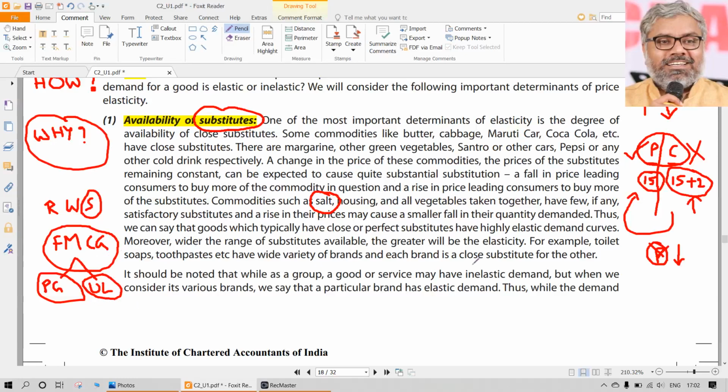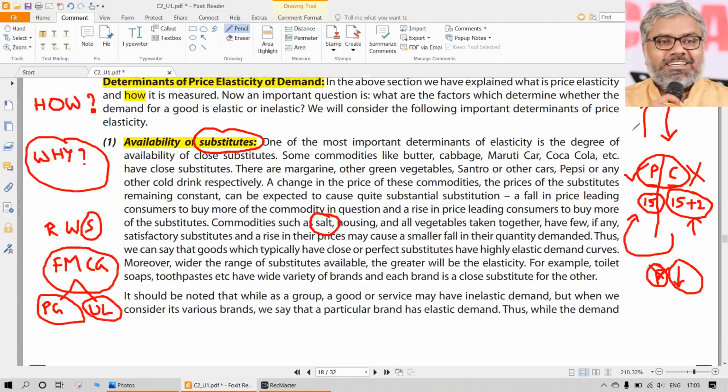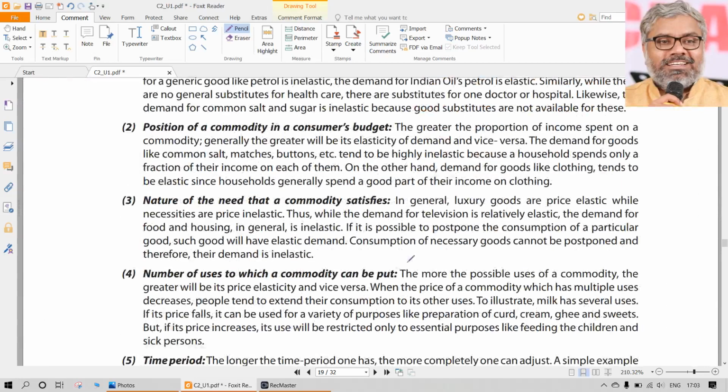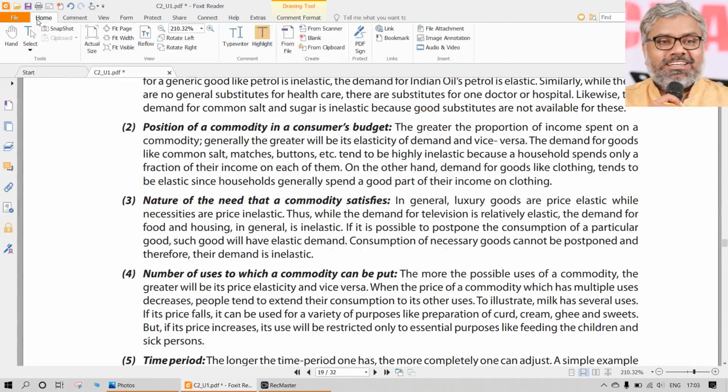So if anybody wants to get more demand for their products, the only way is to keep their prices low when they have very close substitutes. That is a very basic fundamental thing. Availability of substitutes will make the price elasticity of demand of a product high. That's the first point, that is, availability of substitutes. Then going on to the second point, this also could be one of the factors that might influence the price elasticity of demand.